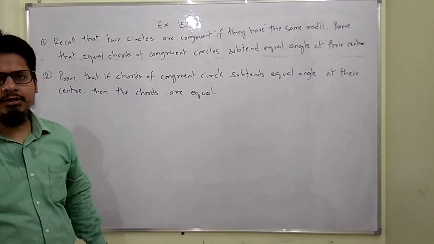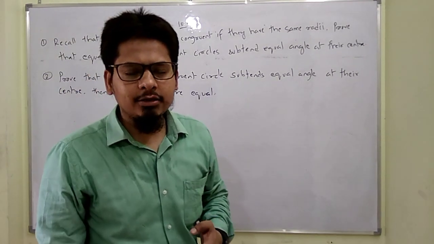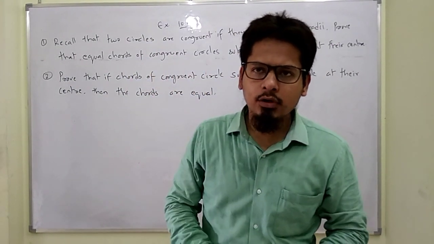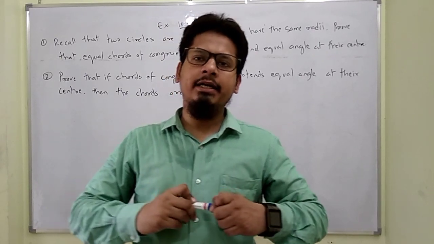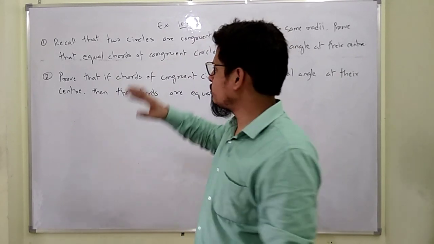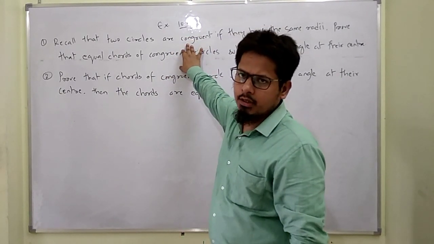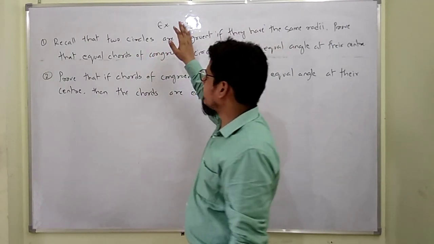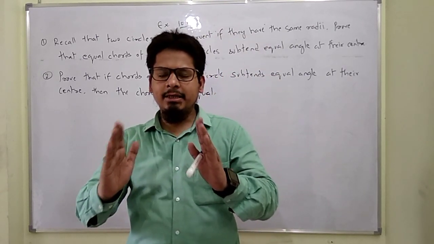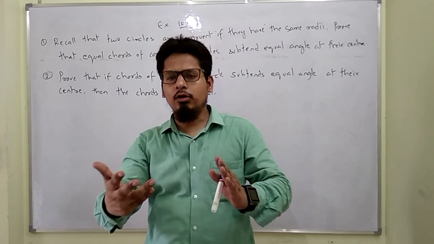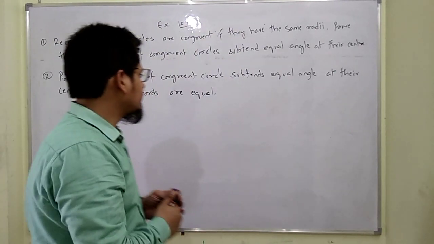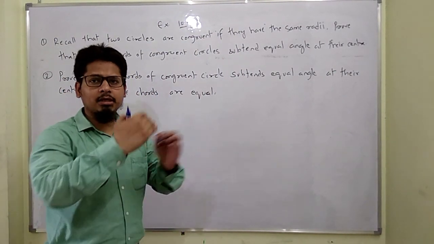Class, in the next exercise, there are two questions given, which are based on the two theorems I explained just before, right? Theorem number 1, equal chords of a circle subtend equal angles at the center, and the next one is the converse of the first one, right? Both the questions, right? Question number 1, if we read it out carefully, two circles are given. The angles subtended by two equal chords of a circle at the center will be the same, right? The theorem may be stated for one circle or for two other circles.